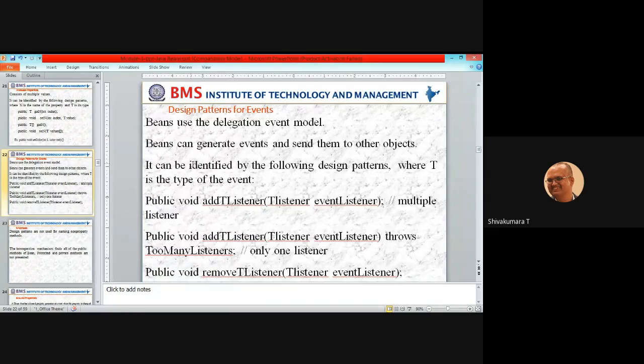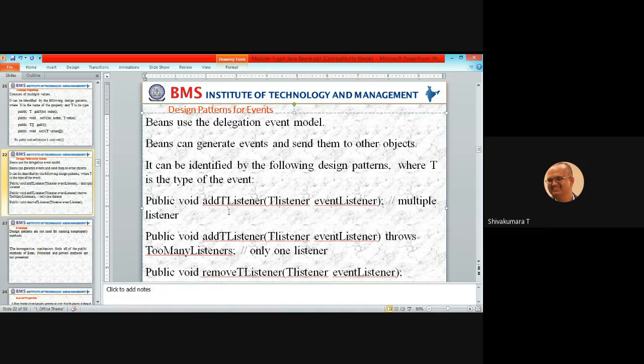The pattern which you are going to use is: all the methods have a public access specifier, void add T listener, event listener. It is a multicast listener. So here, when I am talking about the topic design patterns for events, you are listening to my voice as well as the outside environment voice in your place.